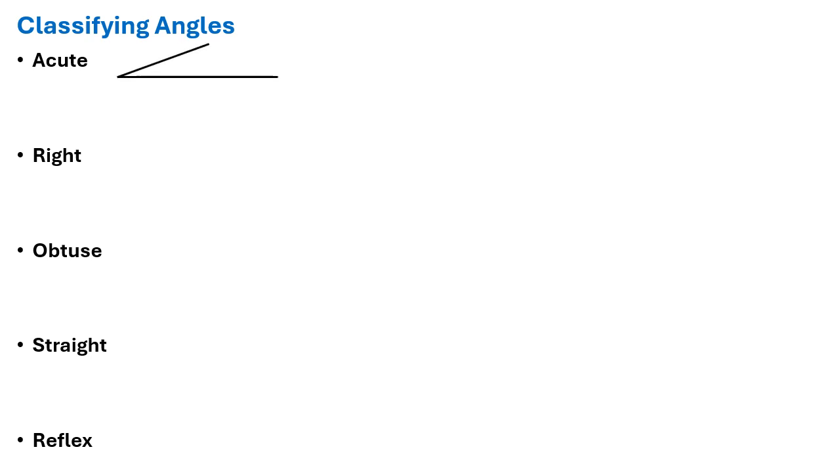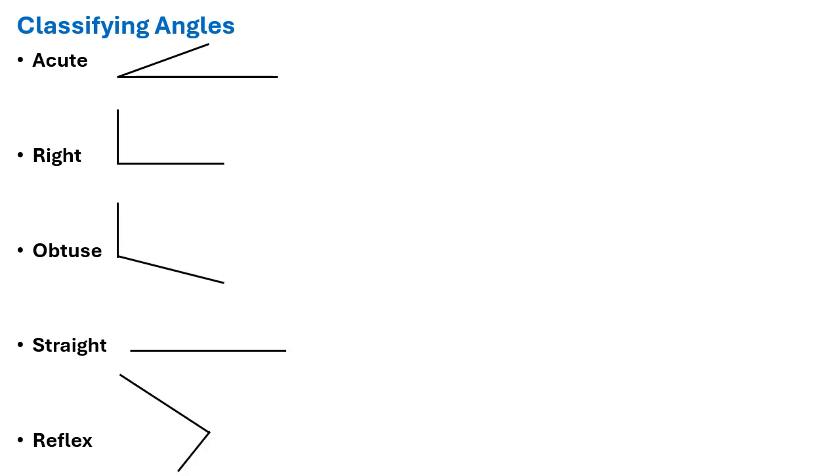In this lesson, we are going to discuss how we classify angles. Let's go ahead and do that. First, we're going to look at acute angles, right angles, obtuse angles, straight angles, and reflex angles. People rarely talk about reflex angles, but we are going to talk about them here, and we also know how we can classify angles as reflex. All right, so let's look at some sketches of these different forms